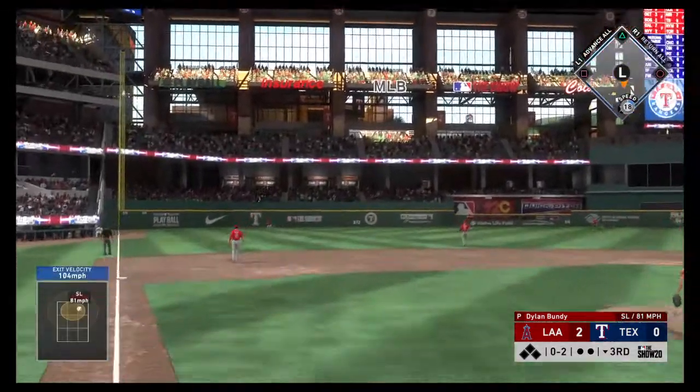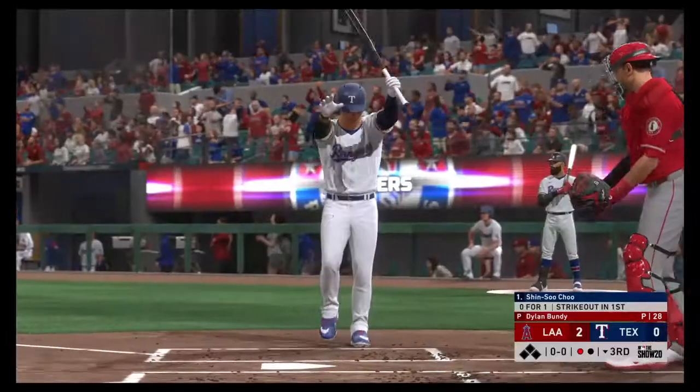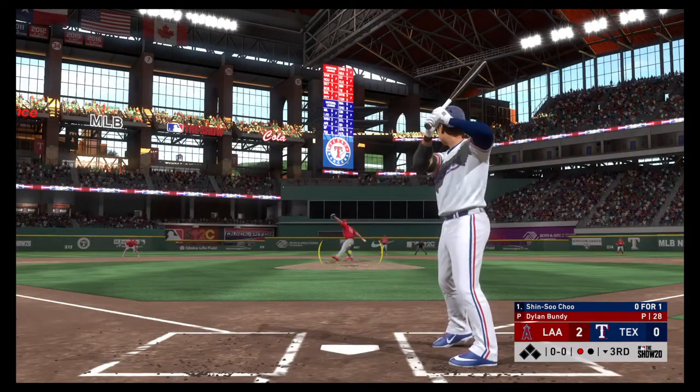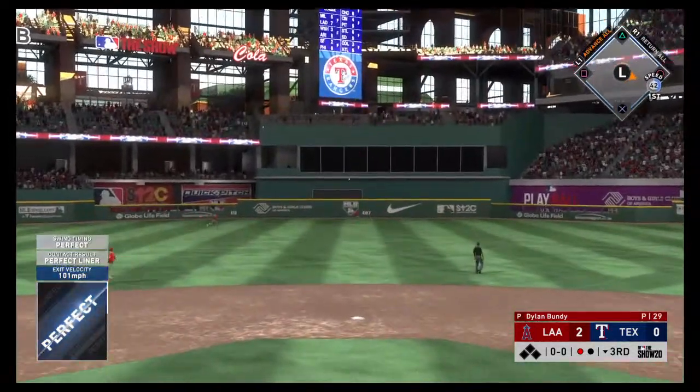Line drive to left. But he'll hardly need to move out there in left as this is hauled in for the first out. Up next for the Rangers, Shin-Soo Choo at the plate now. First time up, he went down looking. Yeah, always frustrating to go down looking. Everybody does it, though. You'll have a few ABs where you get...